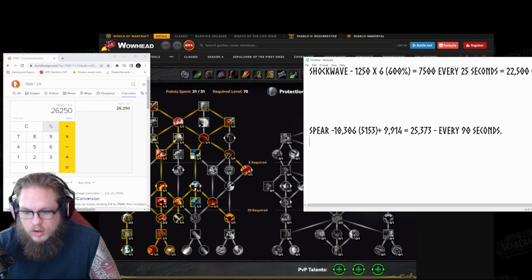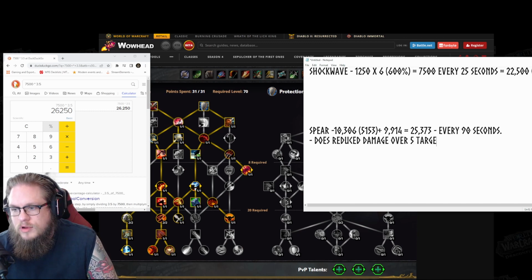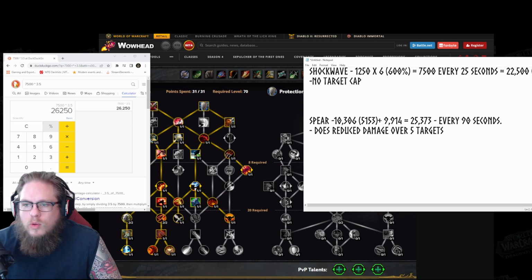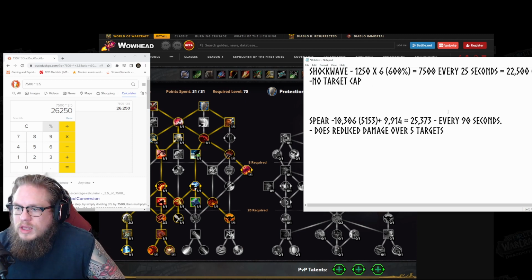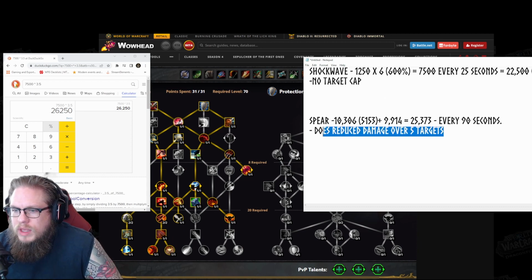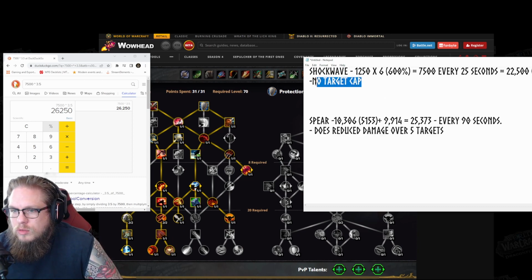So Spear of Bastion does reduced damage over 5 targets. We don't know how much reduced damage over 5 targets, which is a little bit of a bummer, but Shockwave, no target cap, which in M plus actually is pretty substantial, because in M plus we're going to be pulling fairly large and trying to get as many packs as we can. So as you can see, the big difference starts to be the bigger you pull, the more that Shockwave seems